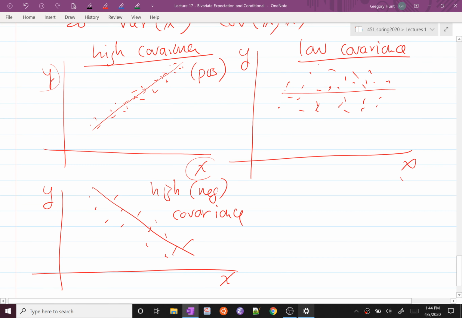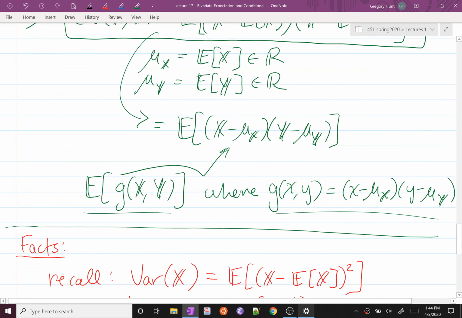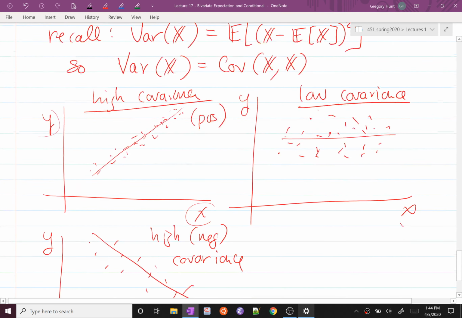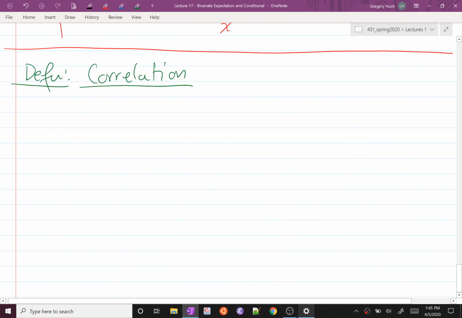If I go back up to my formula and multiply x times 5, my E of x will increase by 5, and my whole covariance will increase by a factor of 5. And so it just depends on the scale of the variables. We want something that's kind of scale invariant. And so that's where the definition of correlation comes in. And correlation,